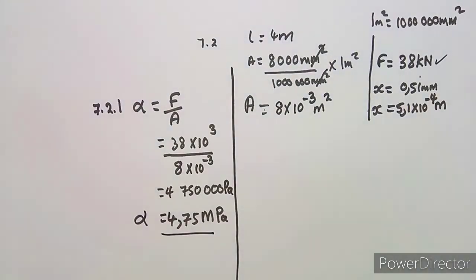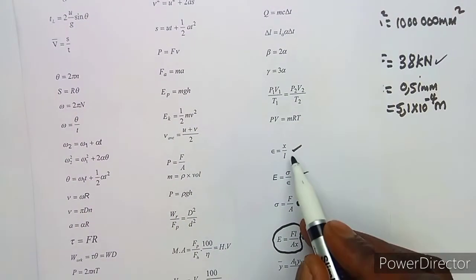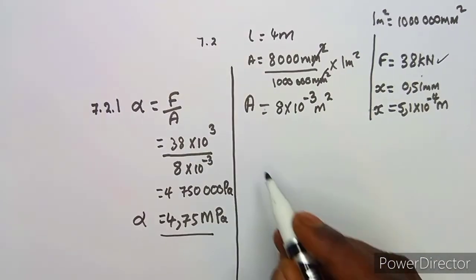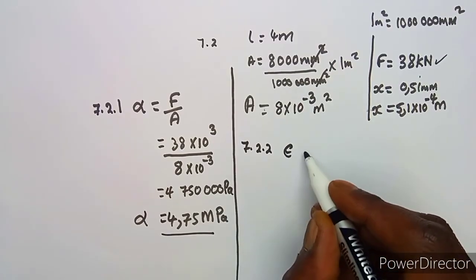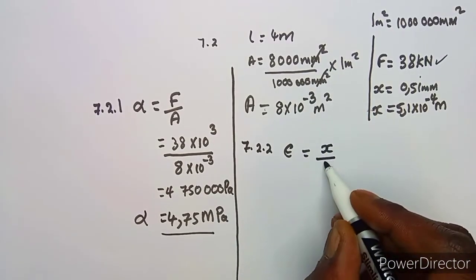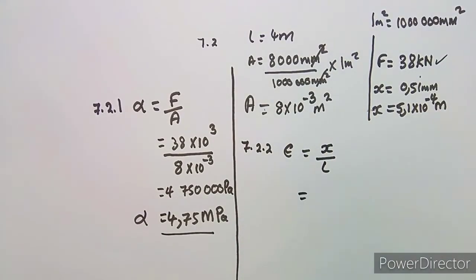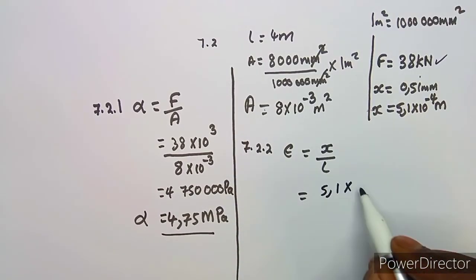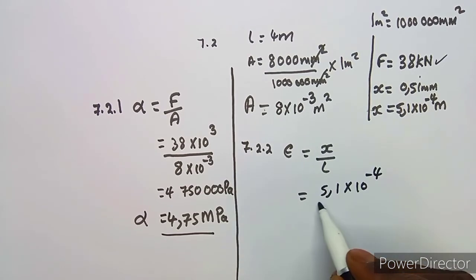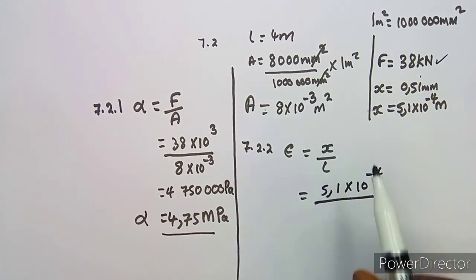Strain is given by the formula, the change in length over the original length. So that's our strain. Do we have the original length and the change in length? Yes, we've got 5.1 times 10 to the exponent of -4 over the original length, which is 4 meters. So this can give us